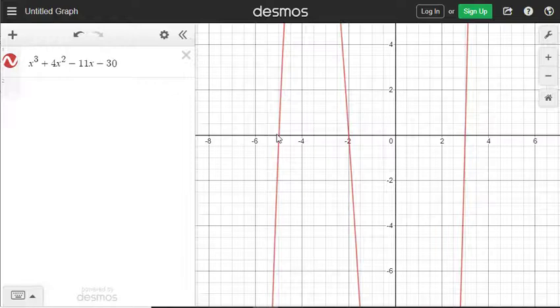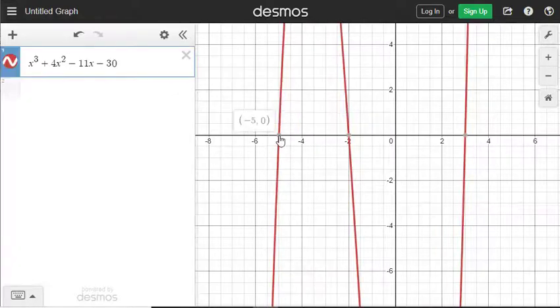Basically, it looks like negative 5, negative 2, and positive 3. Now remember, all three of those numbers were on our list of possible rational zeros. Without doing the guesswork, I think we found them. Just remember, that's not enough. We still need to go back and do the synthetic division work because that's what actually shows it. This is kind of an estimation, but by doing the synthetic division work,